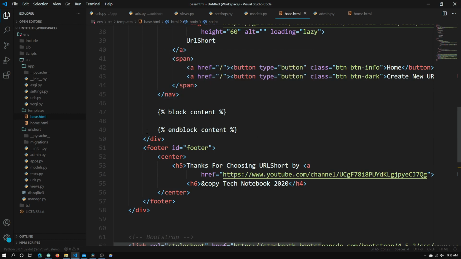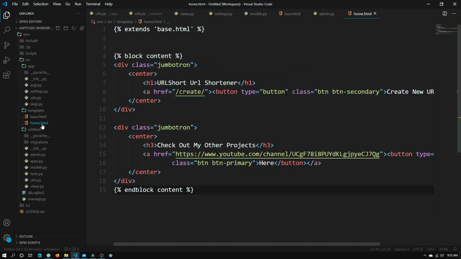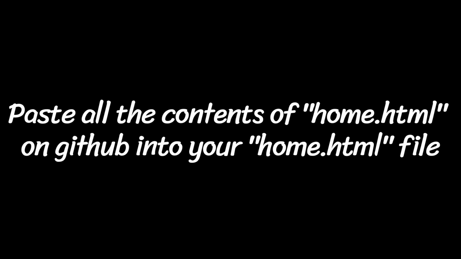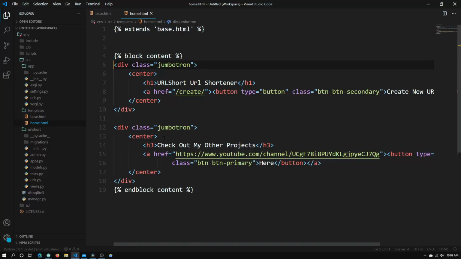So once you've pasted this in, you will need to go into your home.html, delete everything that we had in that file before. Okay, so if you look at this HTML file right here, there are a few elements that you probably haven't seen before. These right here